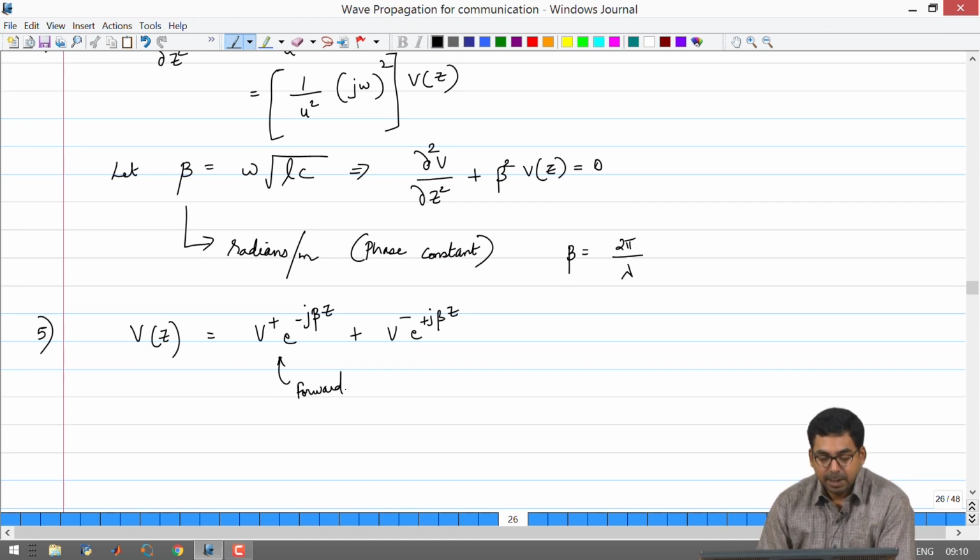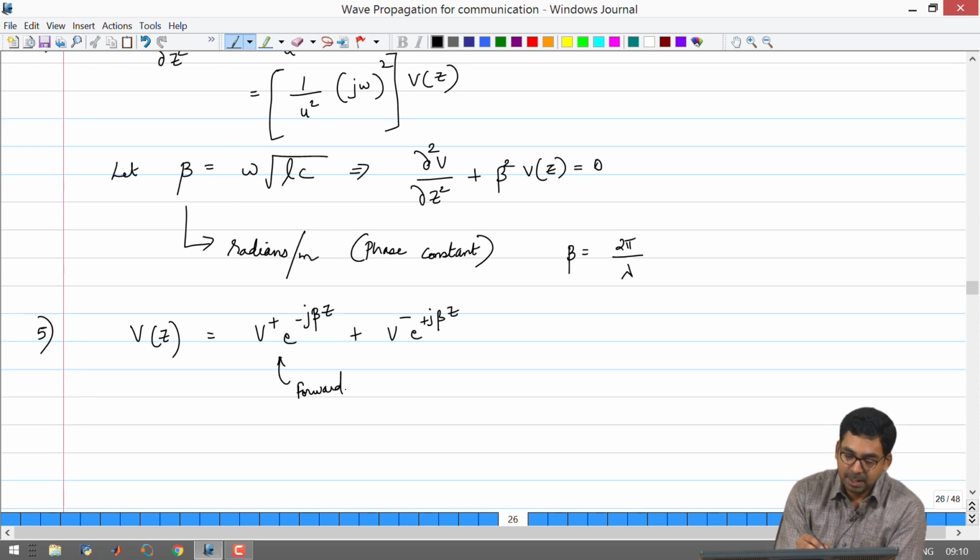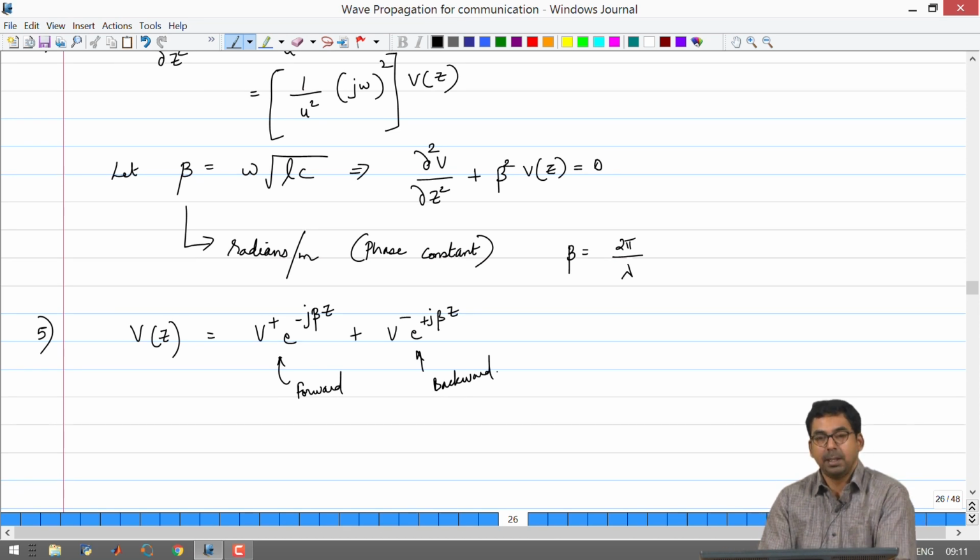we see that it has e^(−jβz). That means that as you travel in the spatial direction, you will encounter some periodicity in the voltage waveform. So, anything that is periodic in time is also going to become periodic in space. And here we have the phase constant telling you how fast the phase will be accumulated by a traveling wave in space. And just like the transmission line case with DC excitation, we do have a forward and a backward wave.